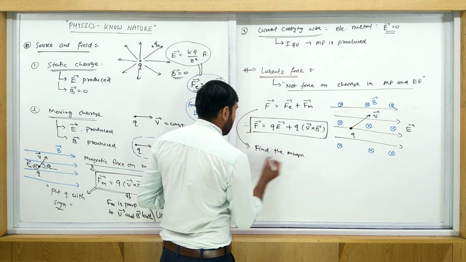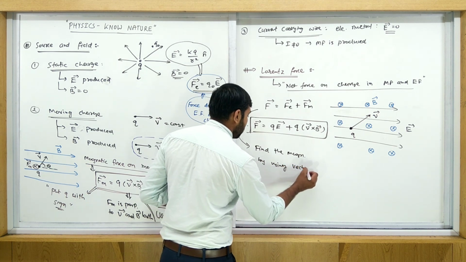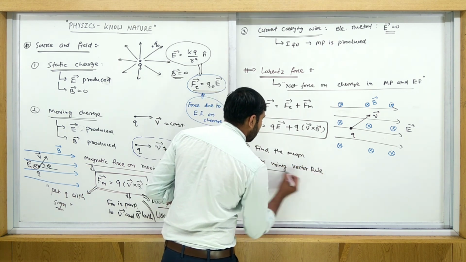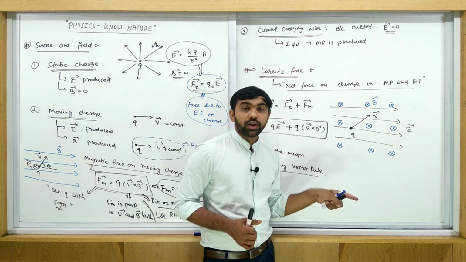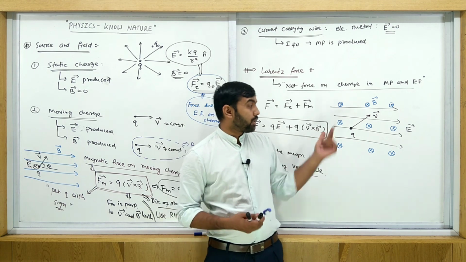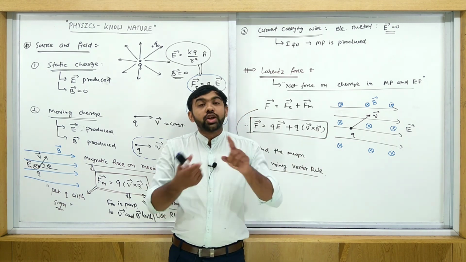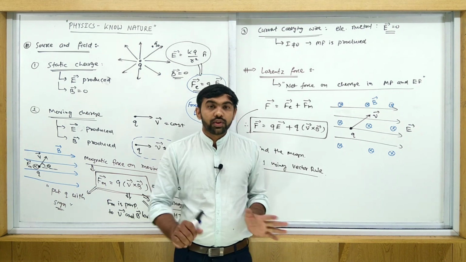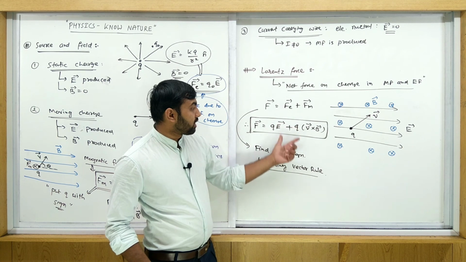द मैग्नीट्यूड बाय यूजिंग वेक्टर रूल. यहाँ पे मैं अंडर फर्स्ट कंपोनेंट सेकंड कंपोनेंट क्यों नहीं लिख रहा हूँ? इस केस में ओके दोनों परपेंडिकुलर है तो लिख सकते हो, लेकिन अगर ऐसा भी हो सकता है इलेक्ट्रिक फील्ड एंड मैग्नेटिक फील्ड बोथ आर पैरेलल टू ईच अदर, बोथ आर एट 30 डिग्री टू ईच अदर. So we cannot write any equation for this magnitude. So you just write the vector form.